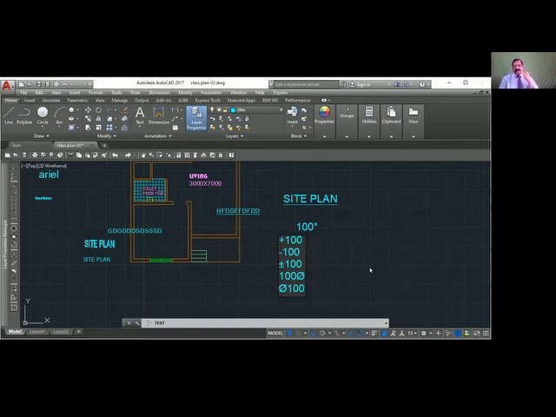Okay, so percentage U for underline, percentage P for plus and minus, percentage D for degree, and percentage C for dia. I hope you got this.